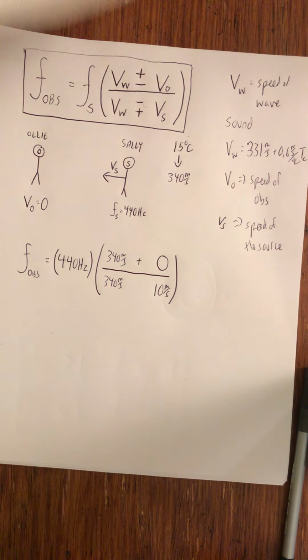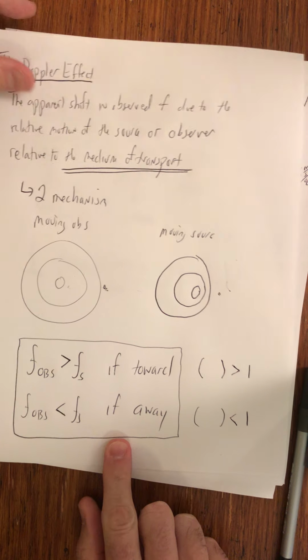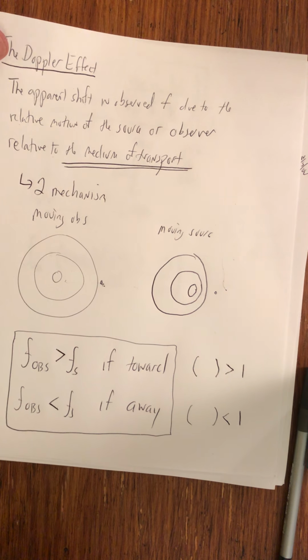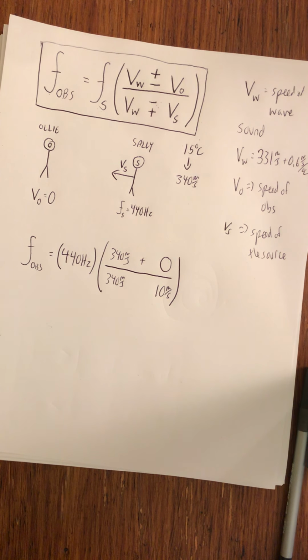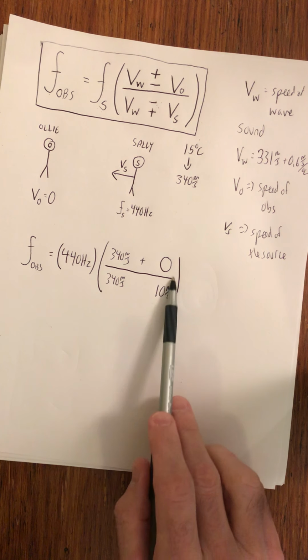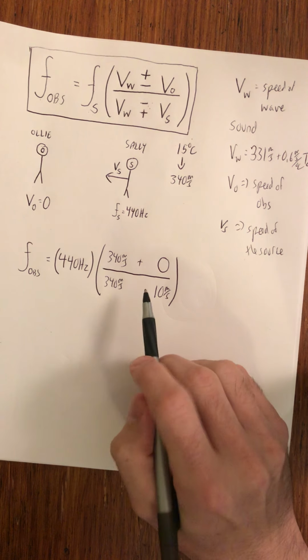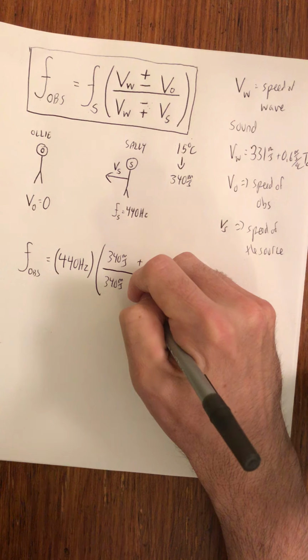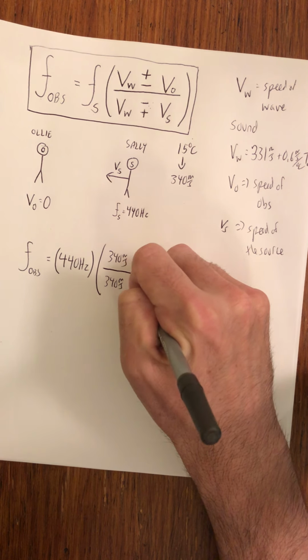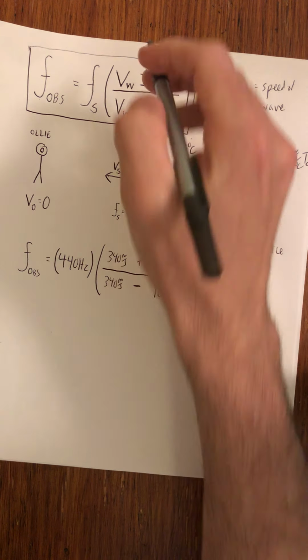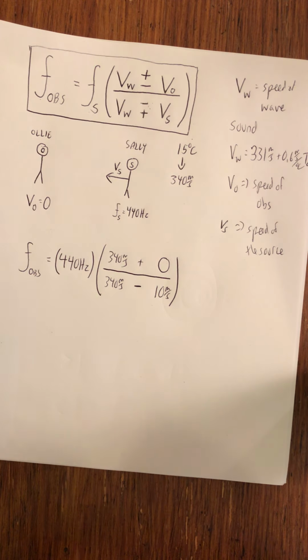Well, that's when we go back to, boom, this. We know, since the source is trying to move towards the observer, that the observer is going to hear a higher frequency than what the source is putting out. So at that point here, if I need a higher frequency, I need this fraction to come out bigger than 1. And so what do I have to do in order to make this fraction come out to be bigger than 1? Well, I need this denominator to be smaller. And so I'm going to then choose a negative sign, right? Because that makes the denominator smaller. And there you go. If the source is moving towards,